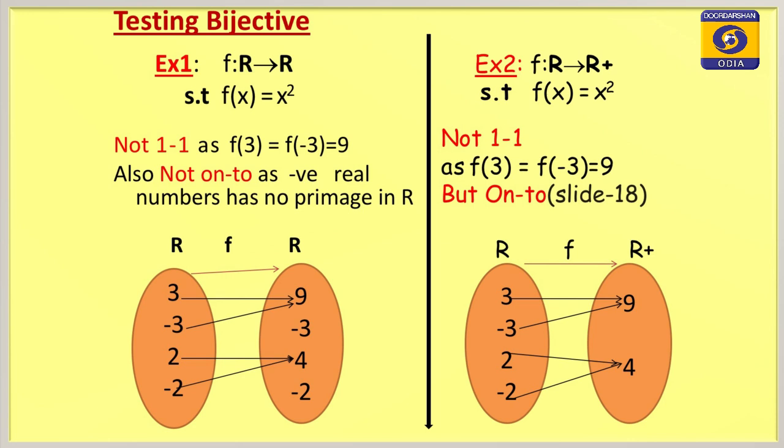As you see also in example 2, the function formula remains the same, it is R to R plus. Here the codomain is changed from R to R plus. So, again 3 and minus 3 go to 9, because the square of 3 is 9, and minus 3 square is 9. Here the function is onto and we will prove it. But for proving onto and 1-1, we have to follow the procedure, but for showing many-1 and into, we just need an example.